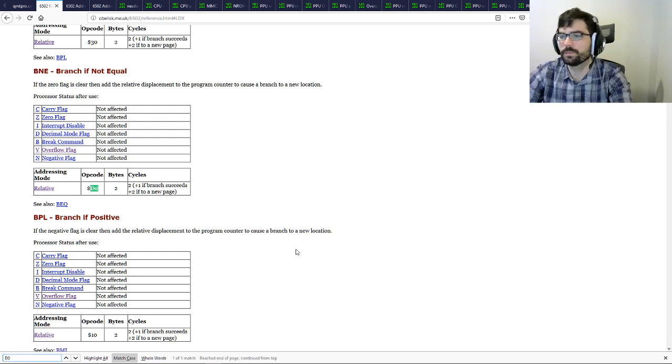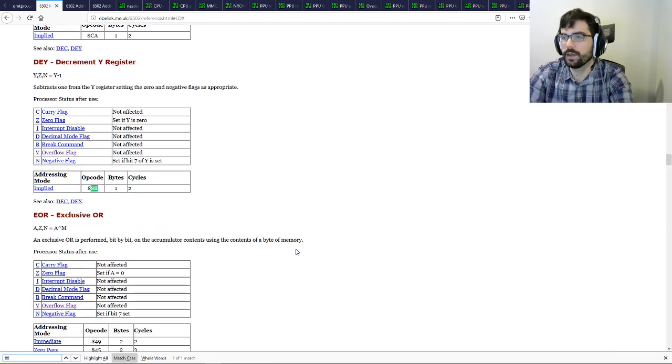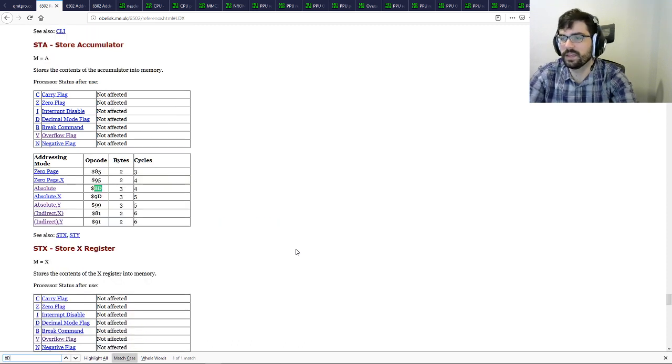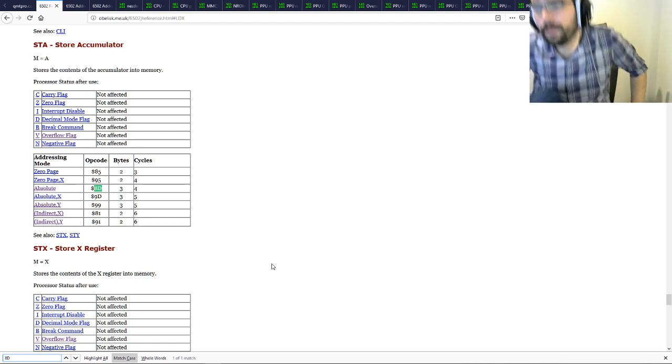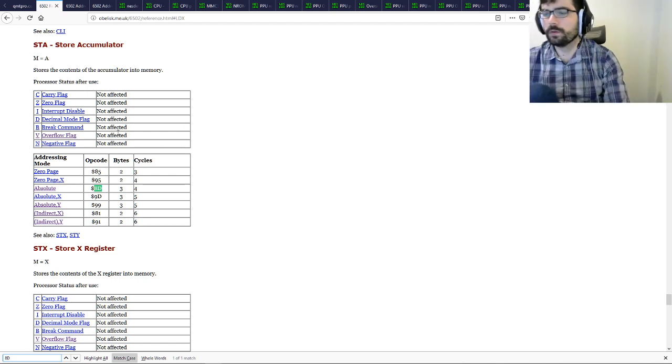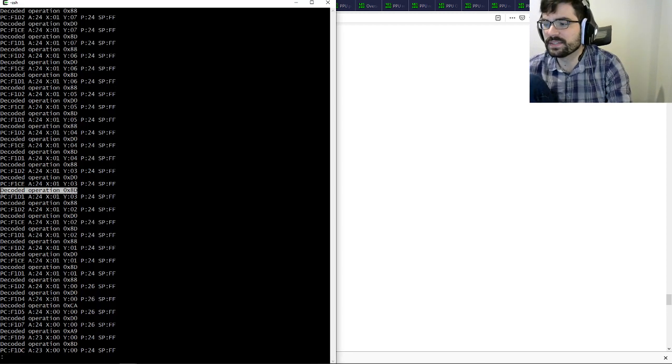D0 is branch not equal. 88 is decrement Y. And 8D is store accumulator absolute, which has absolutely nothing to do with Y, and it doesn't automatically increment. Doesn't seem like that would be a sensible thing to do.